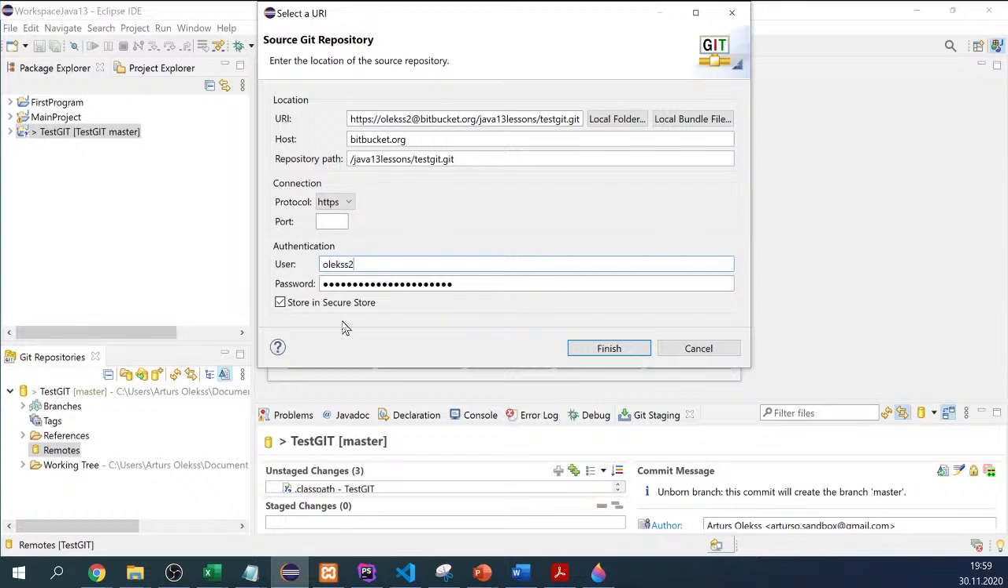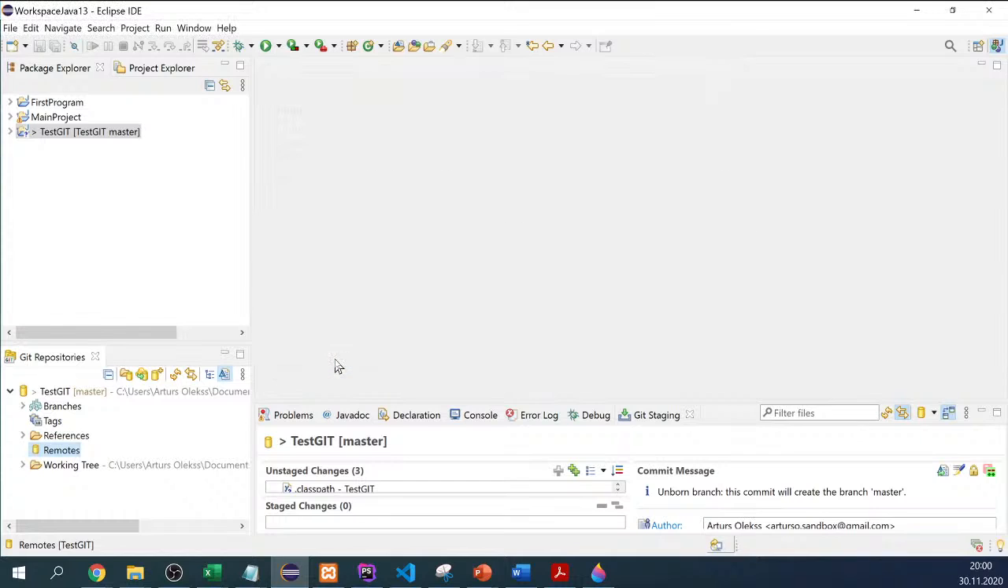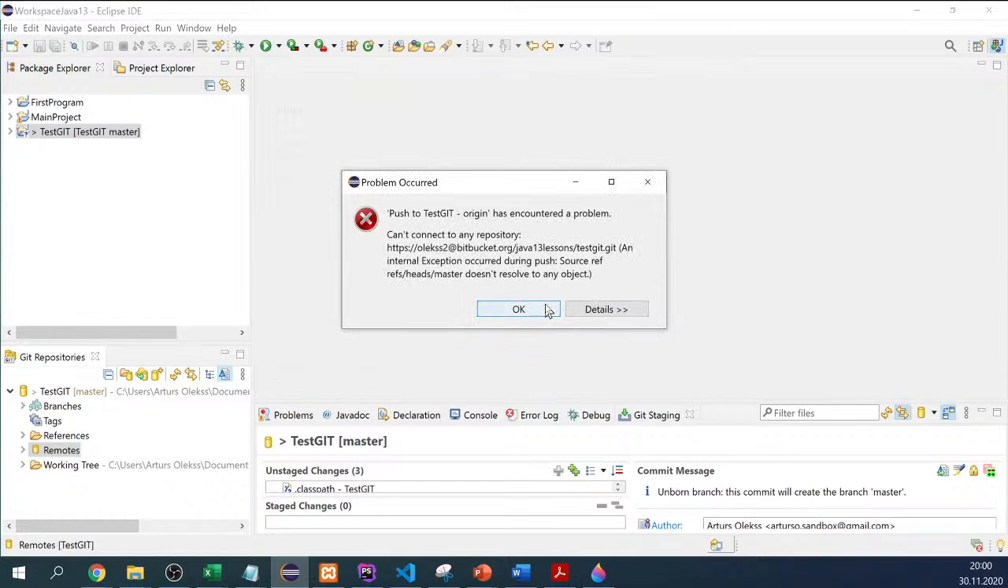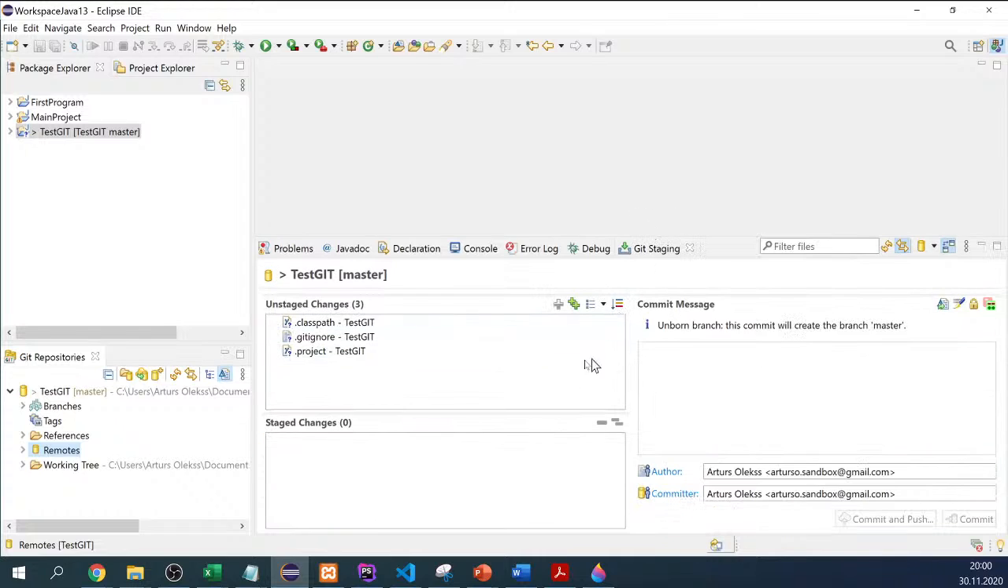Once you tick store and secure store, it means that this will be automatically saved, and you won't need to repeat it every time you try to make changes with this repository. So for now, I added the remote repository, and I can save and push the changes. At the moment it will not allow us to push the changes because I have nothing